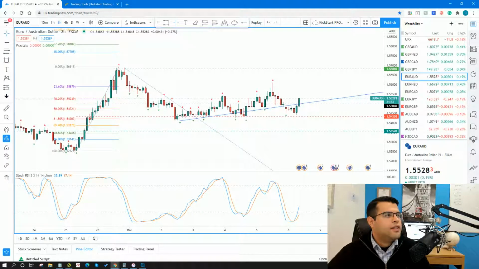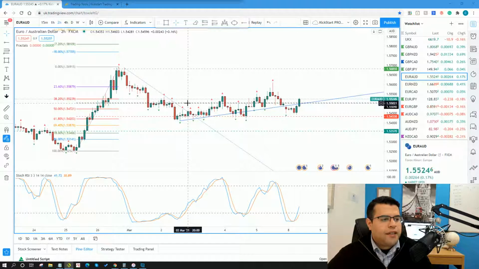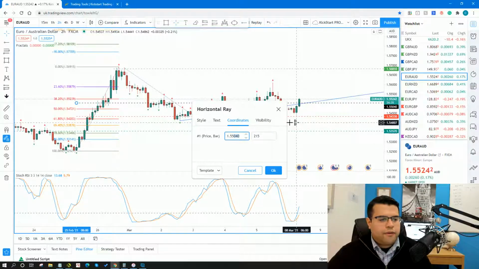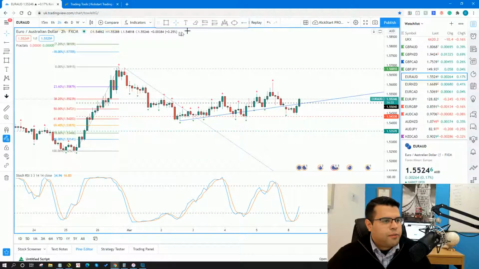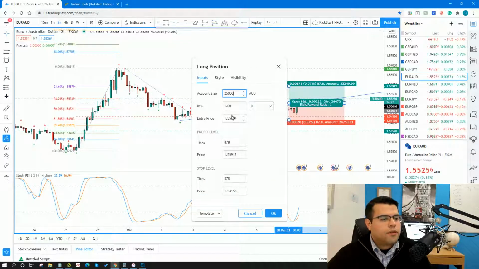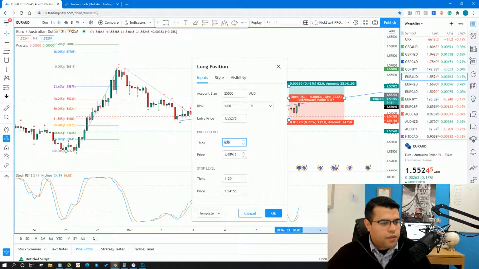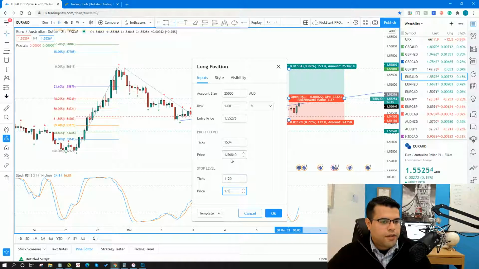This is Euro Aussie, 154.33, and I'm looking to take profit here at 156.81. Okay, so I went ahead and got in on Euro Aussie as well. Again, you know, I'm a little bit off where ideally I would have liked to have been, but that's okay because I do think there's still some good room here for this to move. So 155.276 was actually my exact entry, to be totally exact. Profit target at 156.81. Stop loss at 154.33. Okay.